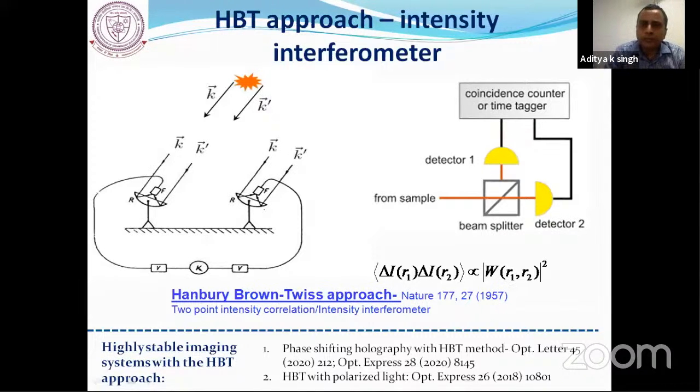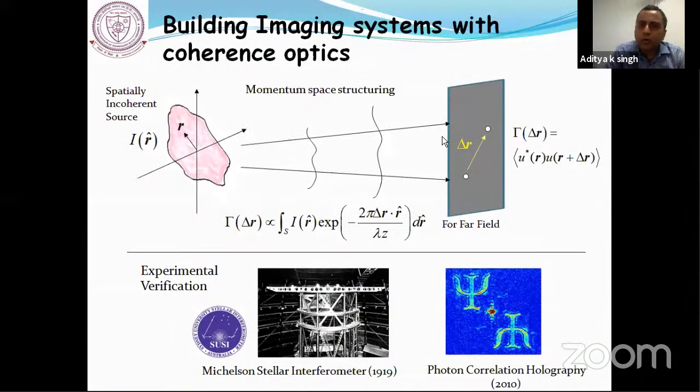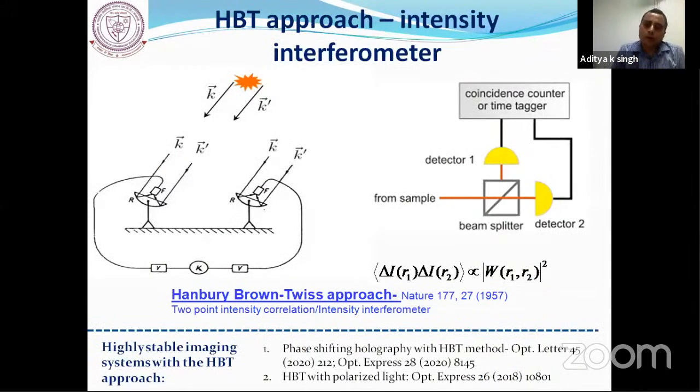And if you go to my previous slide, I told you the coherence function is nothing but a Fourier transform of your incoherent source. So although this relation, the Hanbury Brown-Twiss approach, connects you with the spectrum of the object, the phase information is lost. Why? Because we are getting only the modulus part of the coherence function. This is the kind of phase recovery problem we usually see in coherent optics in the context of imaging.